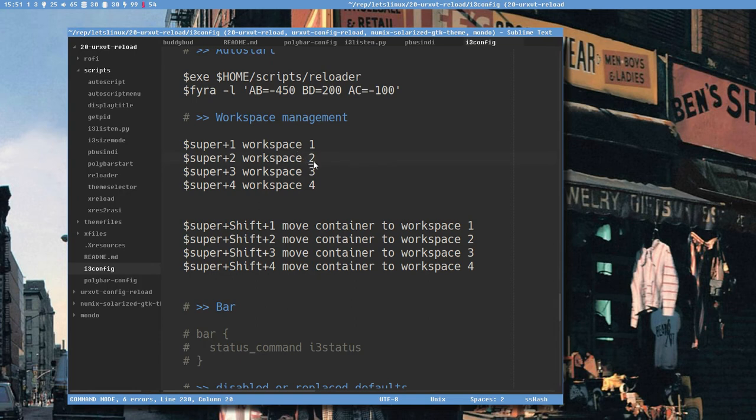You don't have to have a number. If I would write banana here instead of 2, then when I press super 2, it would jump to a workspace named banana. If that didn't exist, it would create it. But that means that you also have to, instead of 2, write banana every time you want